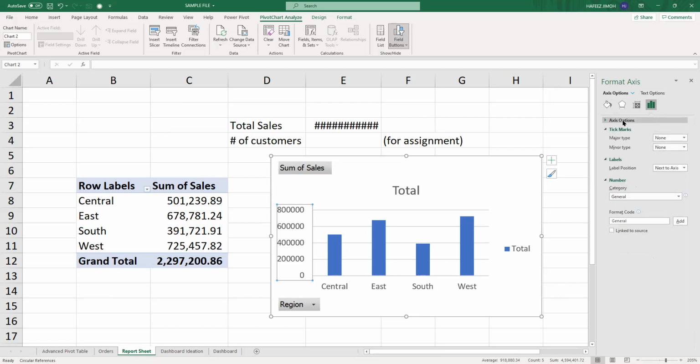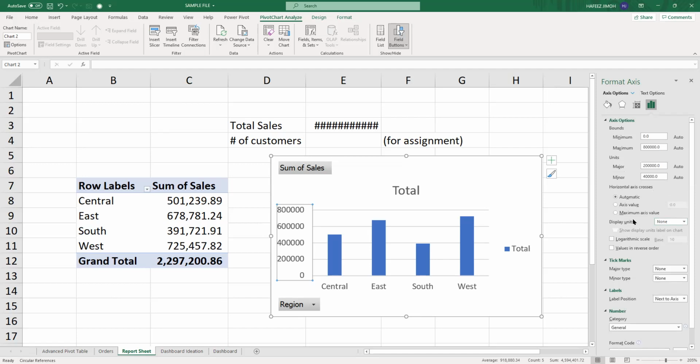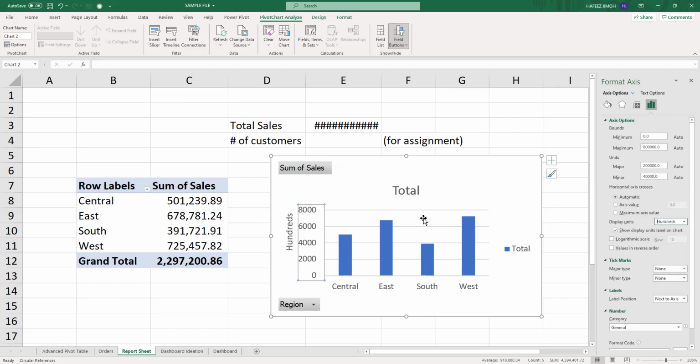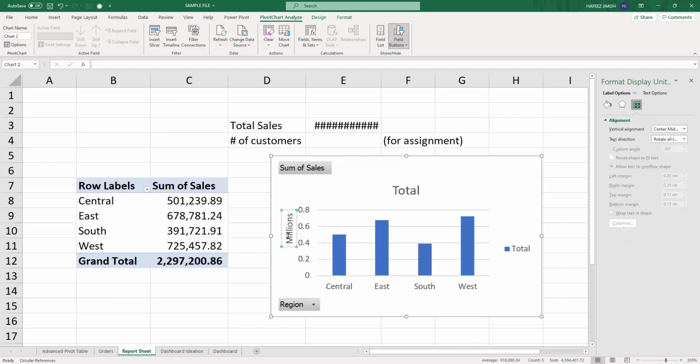Okay, we have display units. Can you see something called display units? In this display units, you can change it to hundreds. Can you see now that we have it in hundreds? You can change it to thousands, and you can change it to millions. You understand? So you can now come to these millions again and edit it again and say sales